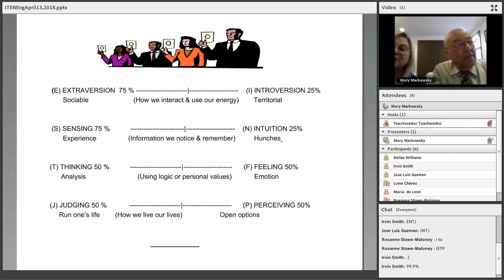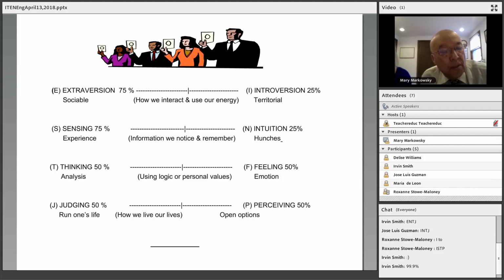Roxanne. ISTP. Okay, here we go. ISTP. I'm going to read, Roxanne. You enjoy working independently. You are realistic and not convinced by anything but reasoning. You love to play and work with tools. You look for any opportunity for fun and games. You act as a troubleshooter and remain calm during crisis, having a settling effect on others. You prefer to learn and work in a lively and entertaining style.